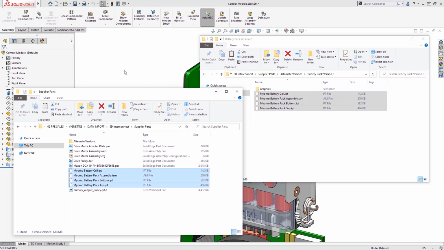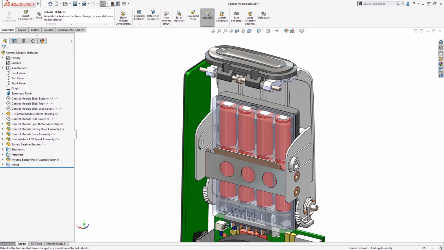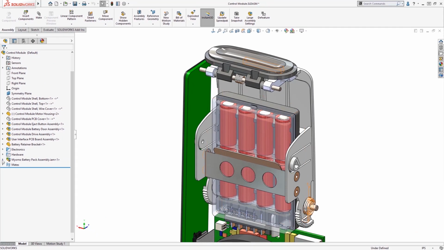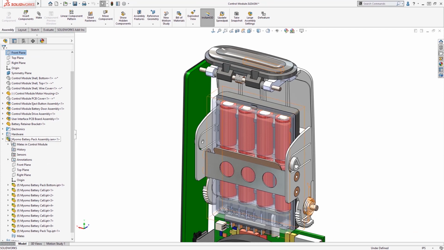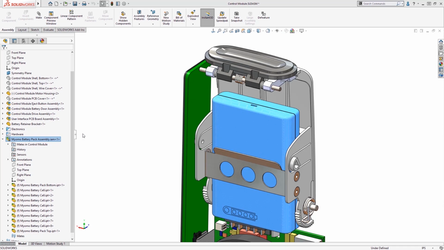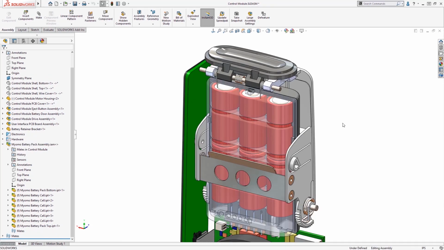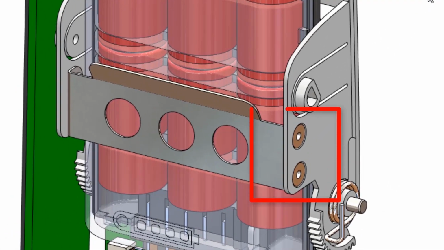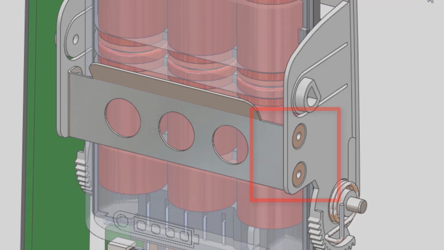When we go back to SOLIDWORKS and perform a rebuild, you'll notice there's now a small refresh icon on the assembly, letting us know there's been a change in the native CAD files. To update the models, all we need to do is right-click on the assembly and choose Update Model. SOLIDWORKS then updates the assembly, as well as all of its child components. More importantly, notice that all of our mates in the assembly update properly, and the countersink holes and rivets move accordingly, honouring the design intent we established.